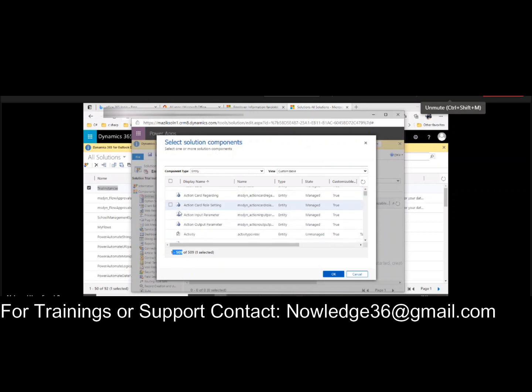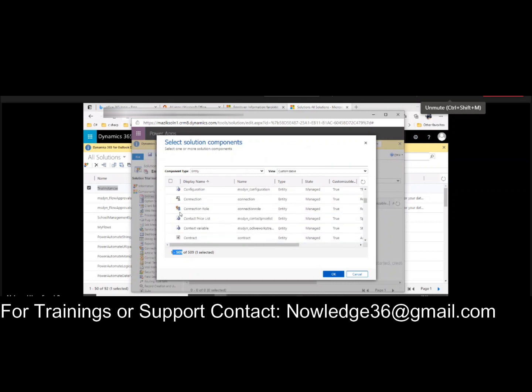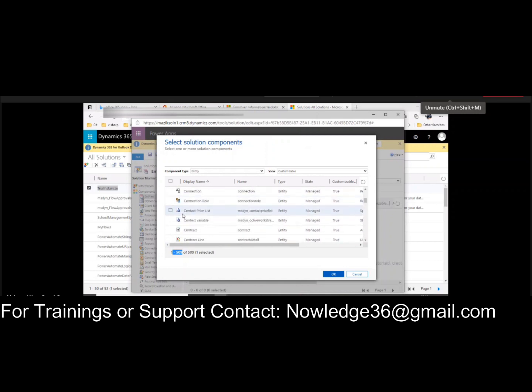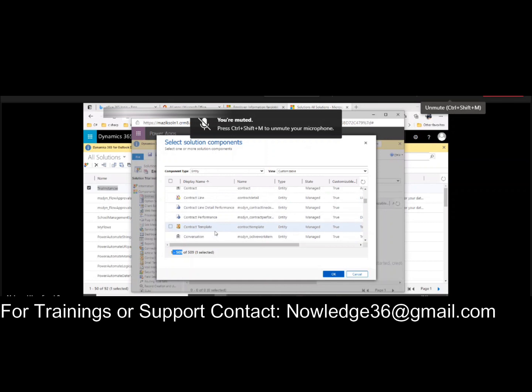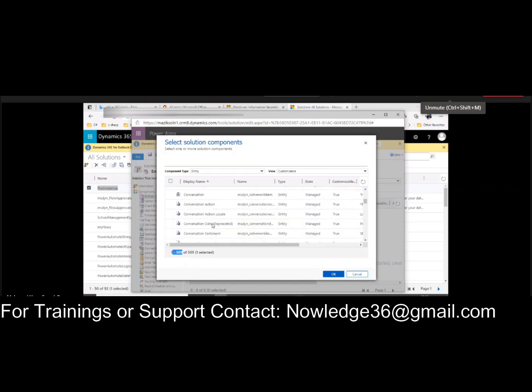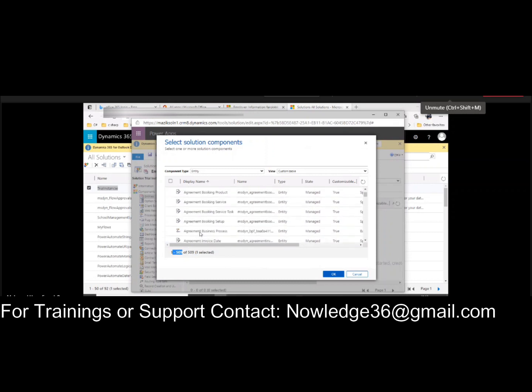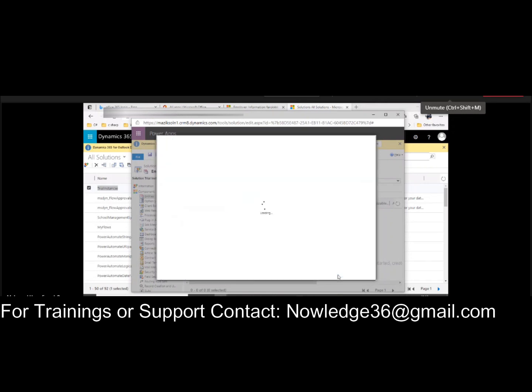In case you want the account entity, in case you want to add the existing entity, this is the method for adding the existing entity. Just click the account, just click OK.